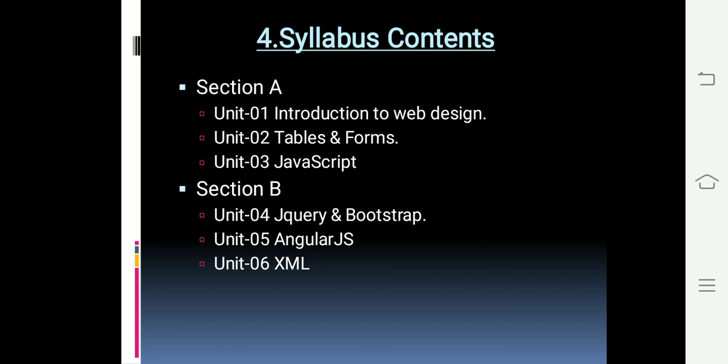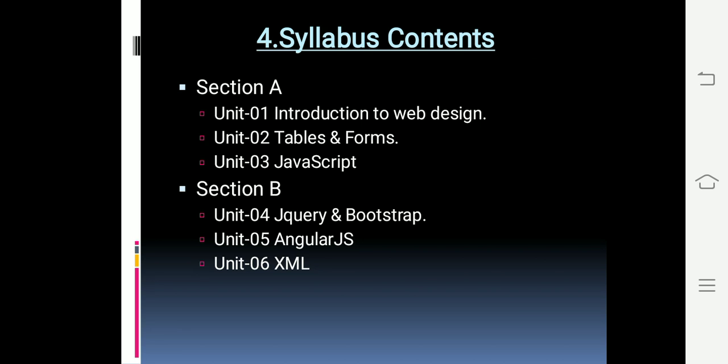In section A, in unit first, that is introduction to web design. In this unit you are going to study what is the web page, what is website, how web page can be published, introduction to HTML, what are the tags. Basic tag is used to define the HTML web pages, that is the structure of the HTML web page. Then how the block level tags can be defined, how the text level tags can be used. Then how the web page can be designed by using hyperlink, text list or list tag and all other tags using the HTML.